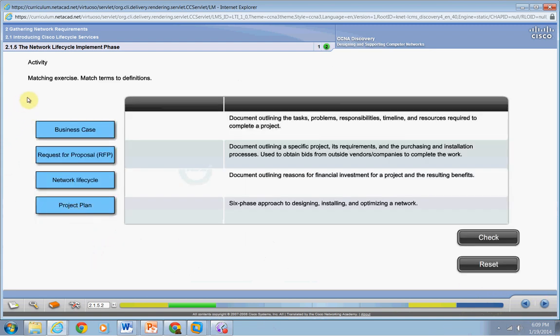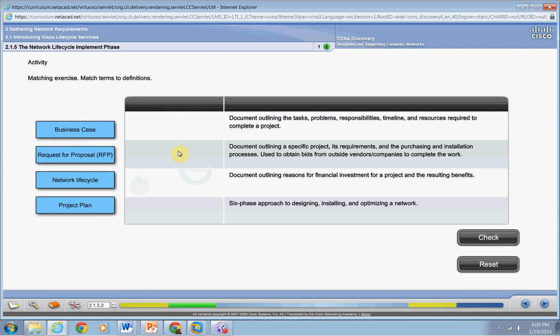Okay, so we're going to match the exercise. Excuse me, I had to sneeze. That was not good. Okay. I'm getting there, just the sniffles. All right, so